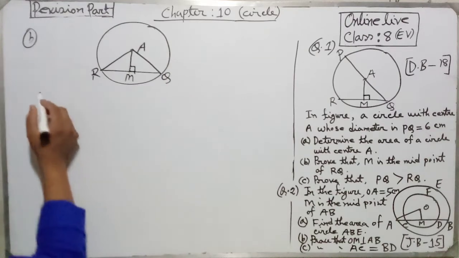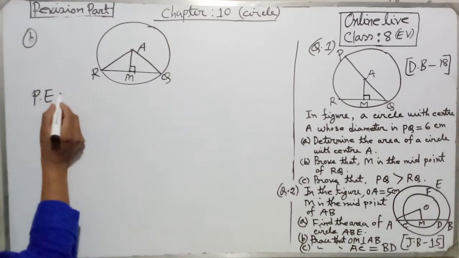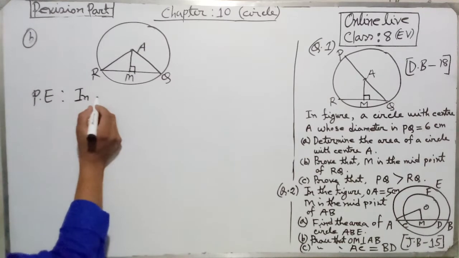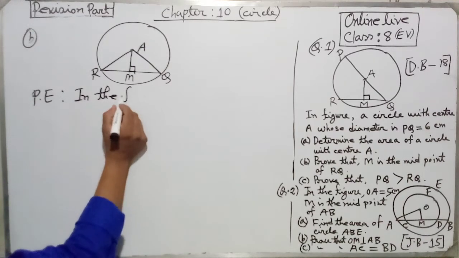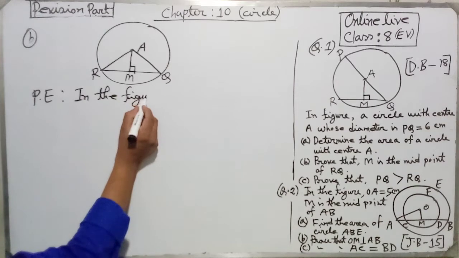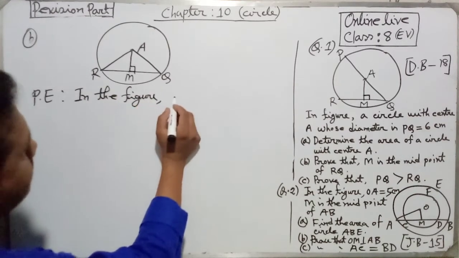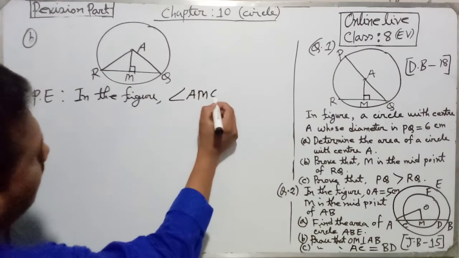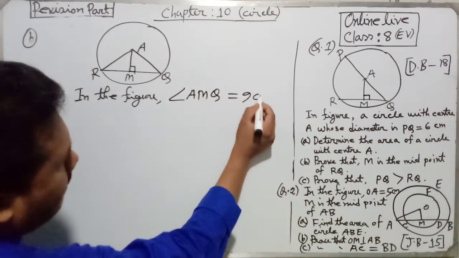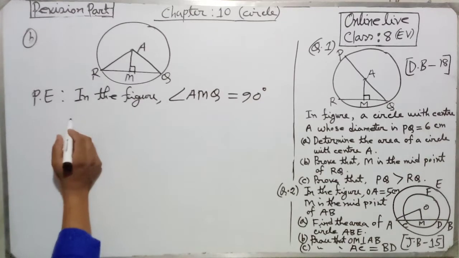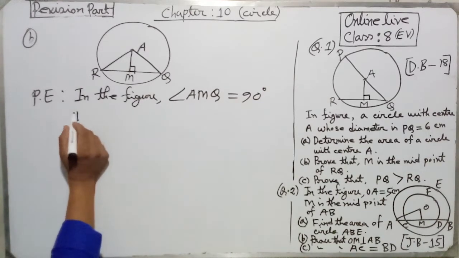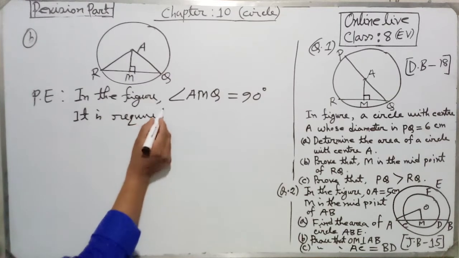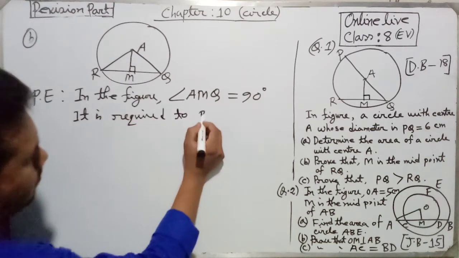So now we can go to the particular enunciation. In the figure, angle AMQ equal 90 degree. It is required to prove that